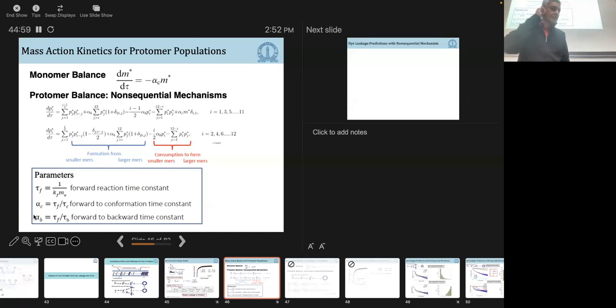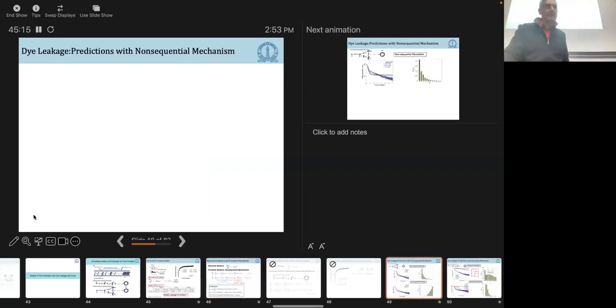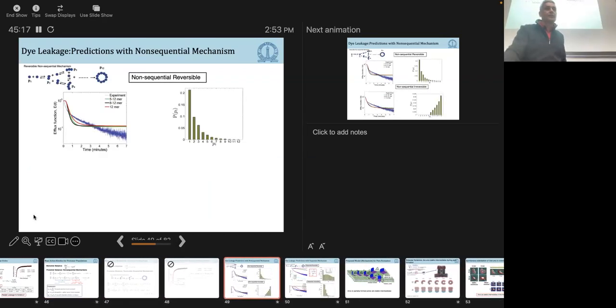And we couple this with a Poisson process for pore formation. So the leakage kinetics comes from this Poisson process, and the timescales for the actual formation of the different pores are from these equations. So you solve the whole thing. Let me show you what we get. If you have a non-sequential reversible mechanism, this is the efflux function we get from the leakage experiments. With the non-sequential reversible mechanism, you're not able to capture the entire dynamics correctly, and you're always left with a population of single MERs.